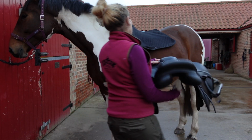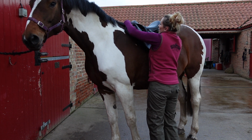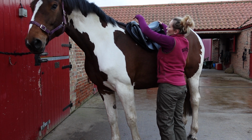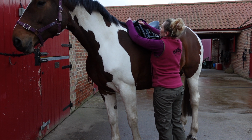So we've got a saddlecloth on, now it's time to put the saddle on. On we pop, and we make sure that we lift the saddlecloth right up along that whole gullet of the saddle so it sits right clear of her spine. And then we can do up our little attachments here. And again, these ones go straight into the D-rings at the front of the saddle,